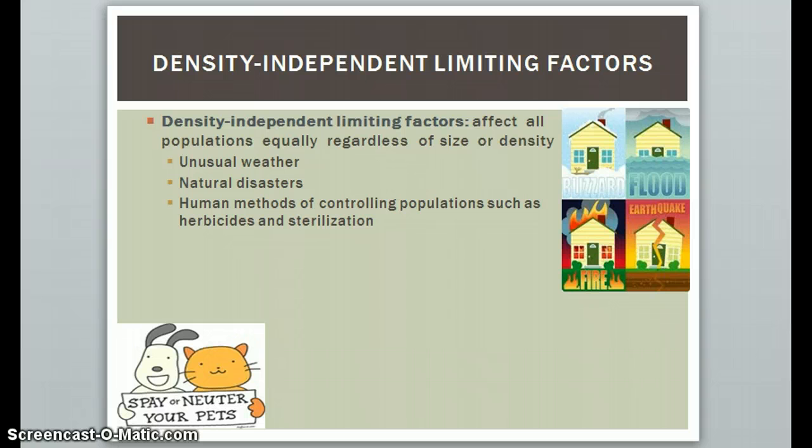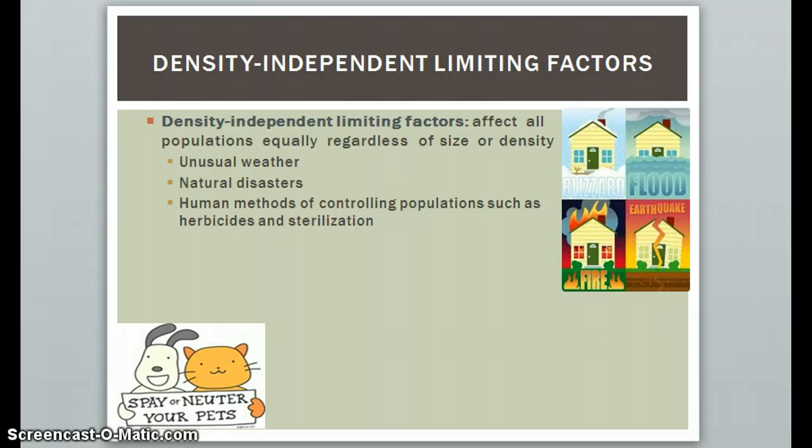The same goes for humans spaying or neutering their pets. These methods of population control don't work any better or any worse if the population of pets is larger or smaller. So to sum up, there are two different types of factors that cause populations to reach their carrying capacities: